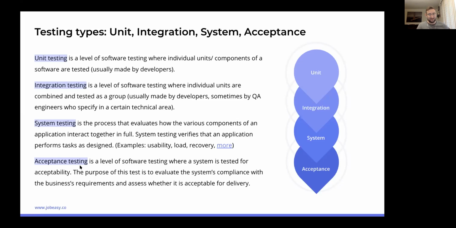Okay, so acceptance testing. Acceptance testing is a level of software testing where a system is tested for acceptability. The purpose of this test is to evaluate the system's compliance with the business requirements and assess whether it's acceptable for delivery. So guys, I'll tell you right away, acceptance testing, or another name for it, release